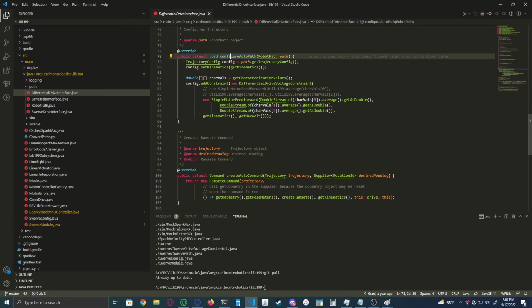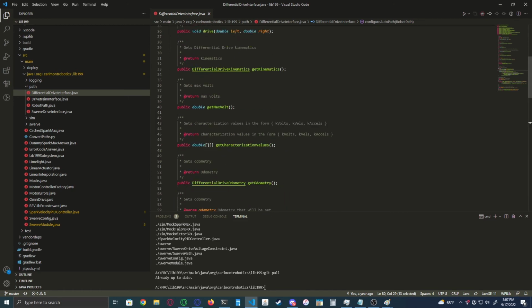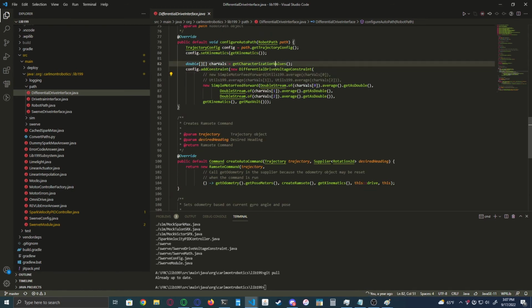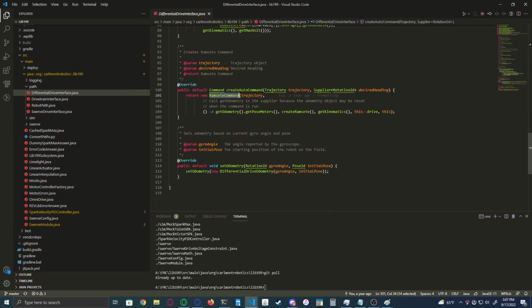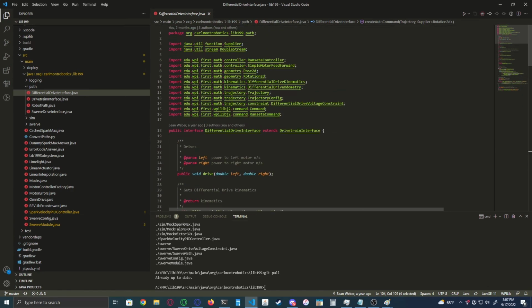And so to configure an auto path for a differential drive, it will get the trajectory config, it will set the kinematics to the kinematics provided by the drivetrain, and it will automatically add a drivetrain characterization constraint which will work for this drivetrain. And when we create an auto command, we use a Ramsete command. We give it the trajectory. This function says what's the odometry position. New Ramsete, give it the kinematics object, pass it the drive function, and it requires this,